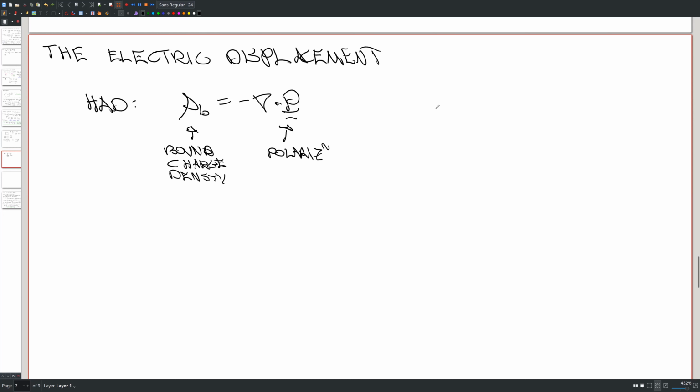In the bulk, we've got this. On the surface, we've got what we just argued to be the remnant non-compensated charge at the boundaries, which is just the dot product of the polarization with the unit normal. So the idea now is that we're going to differentiate two types of electric charge. They're not physically different. It's just that for us, in the settings that we consider, they have a different origin. So the total charge density